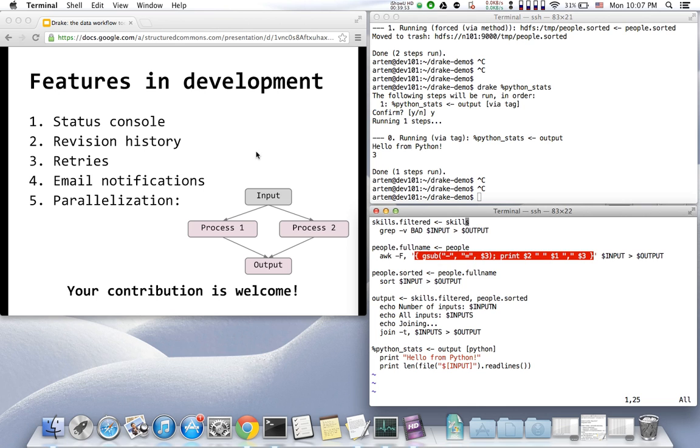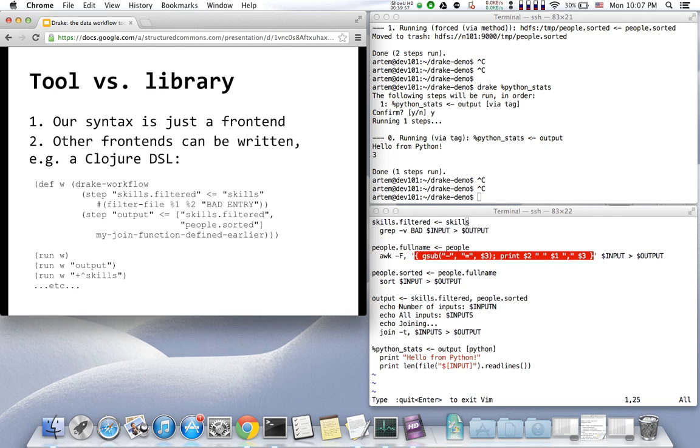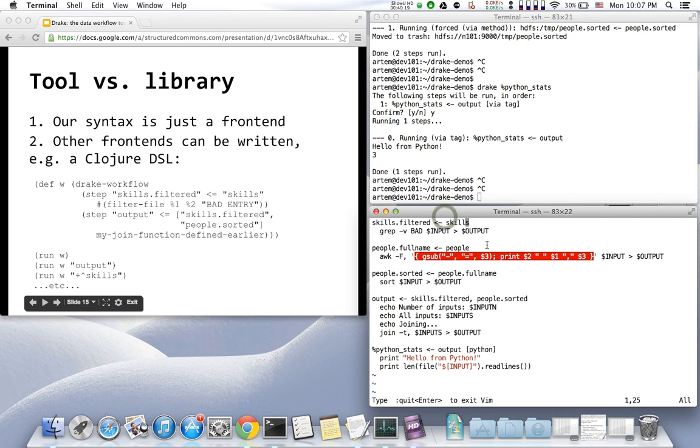So one last thing that came up several times is, why did we implement this as a command line tool versus a library? A library obviously is very flexible because you can run native code instead of being limited by running binaries and shell commands. So our approach to that is, everything that you see here, the syntax of this is just one